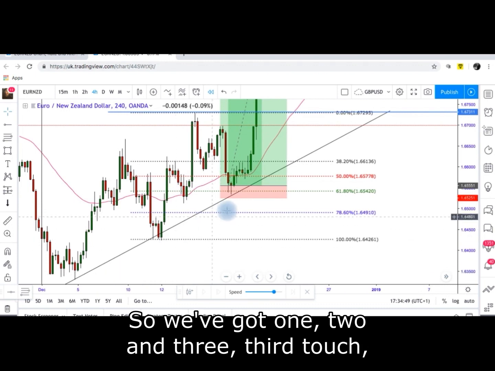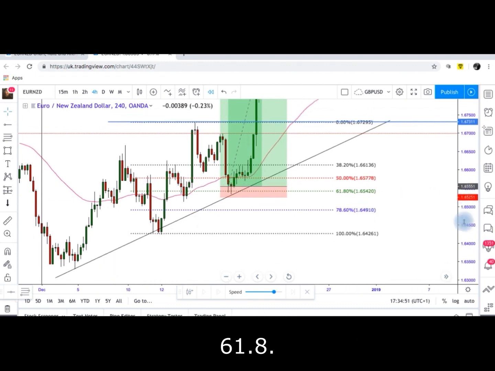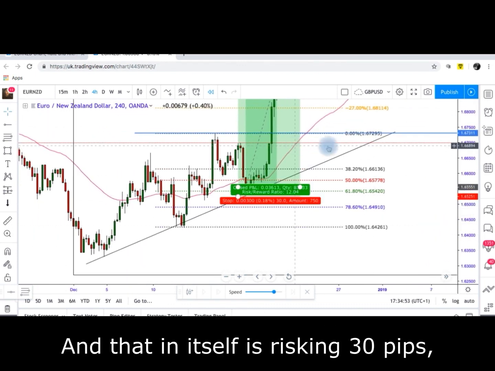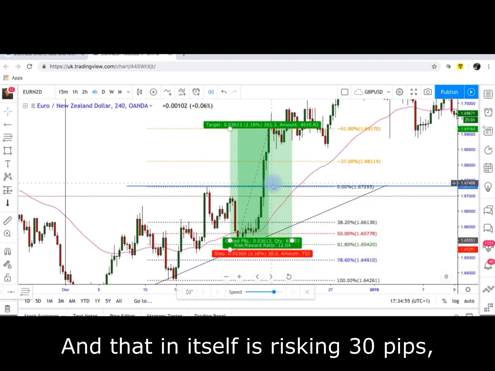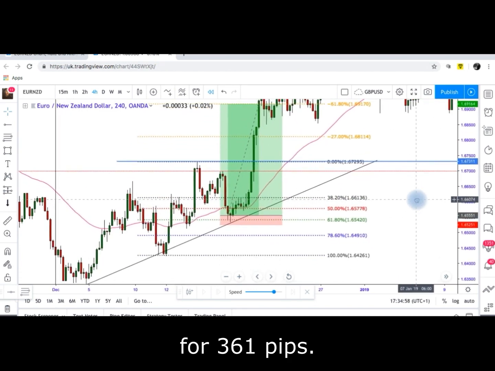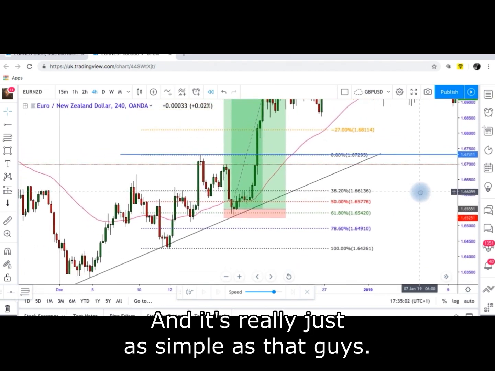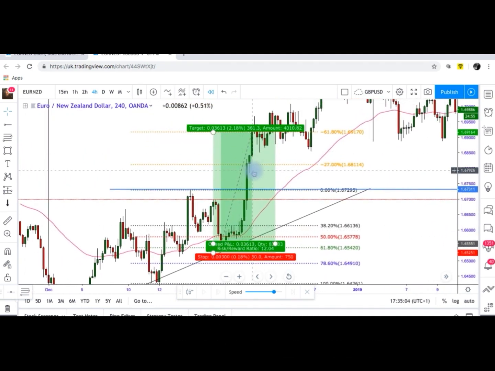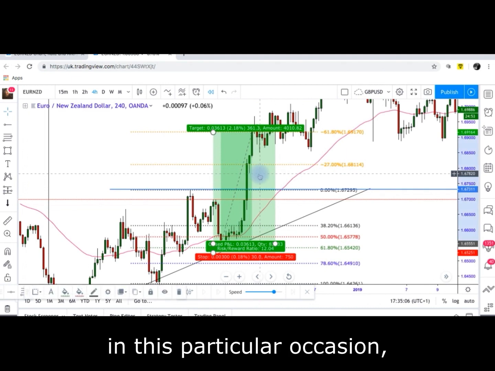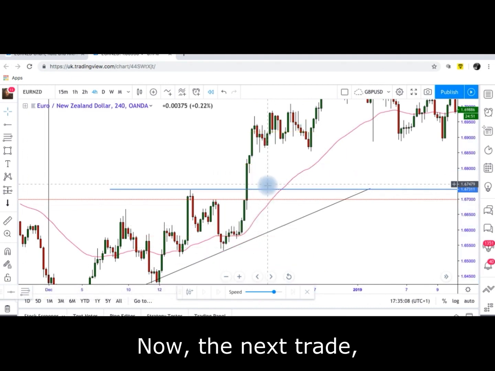So we've got 1, 2, and 3, third touch, 61.8. And that in itself is risking 30 pips for 361 pips. Beautiful, beautiful trade. And it's really just as simple as that, guys. So that would be our first trade on this particular occasion. Okay. Now, the next trade